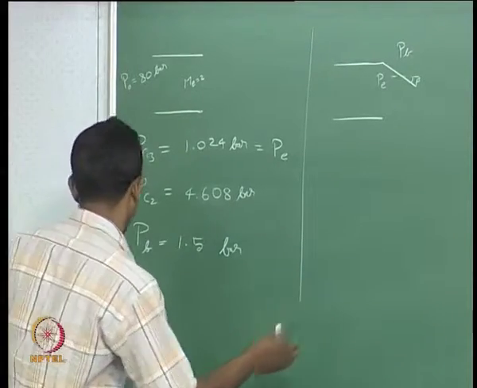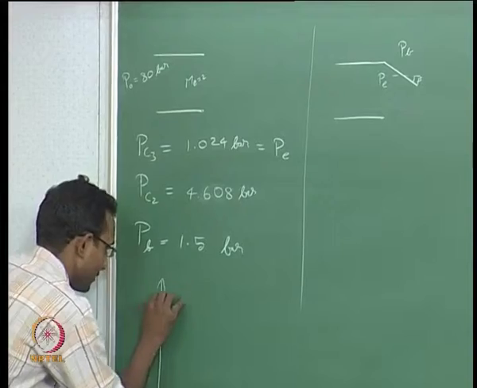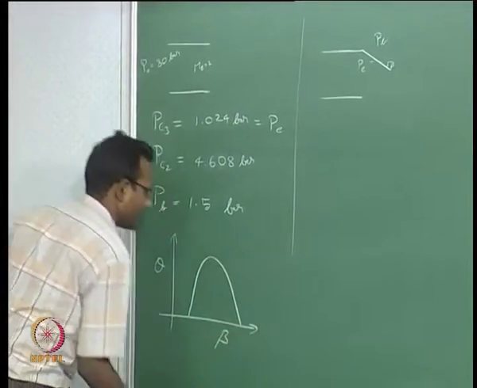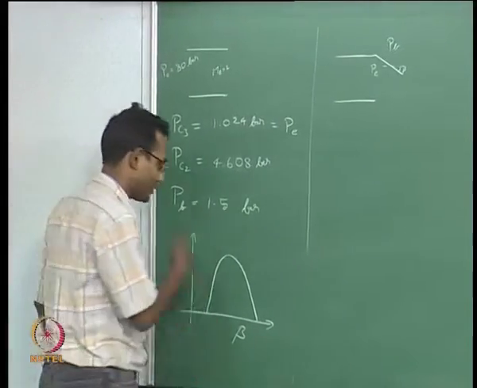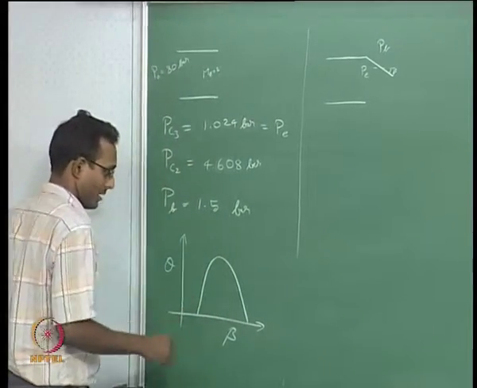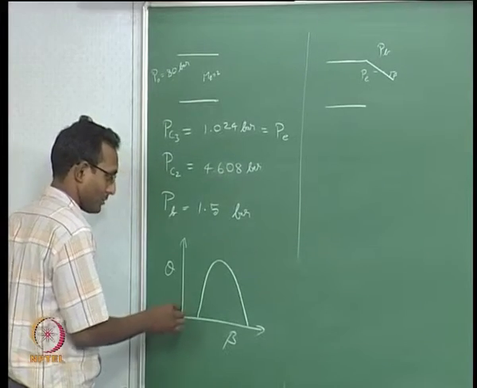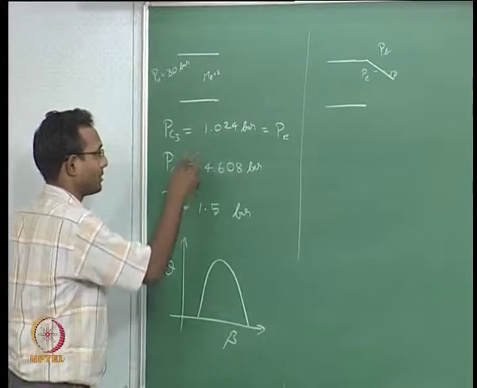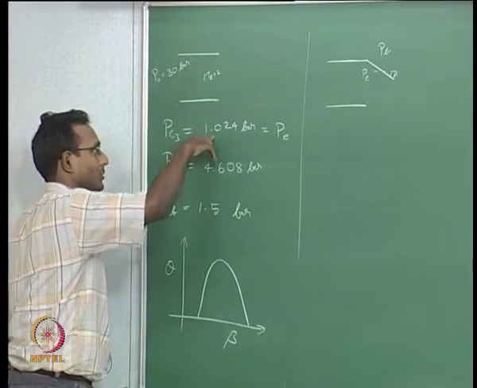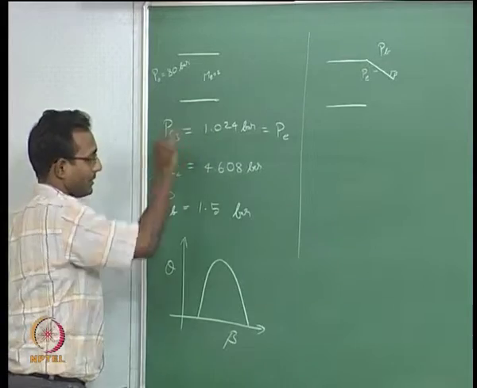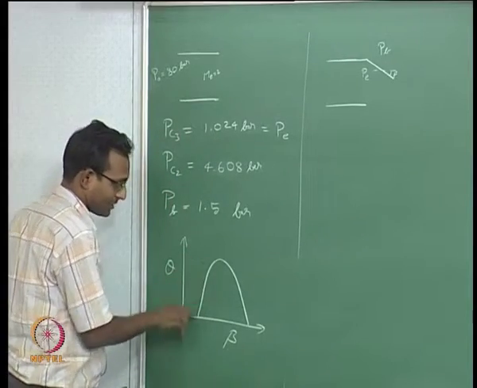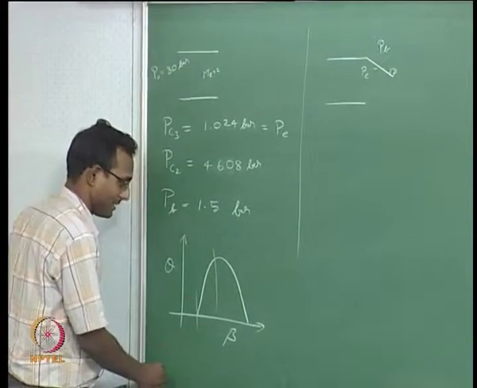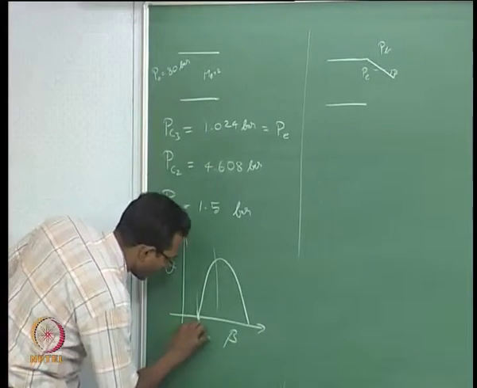So, we were discussing last class and we said that the theta beta M curve looks like this for any oblique shock for a particular Mach number, and now we have to look for some solution reasonably close to that pressure, because it is not very far. 1.5 is somewhat close to 1.024, which means I am most likely going to be in this weak region, and so I have to guess some beta value inside this range, and we said that this value was 30 degrees.